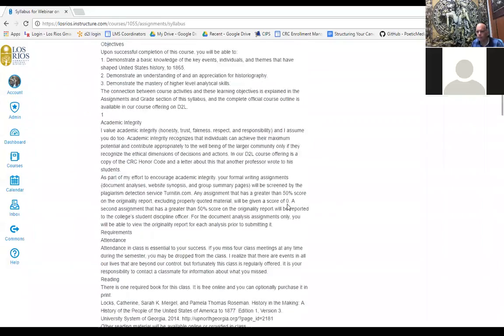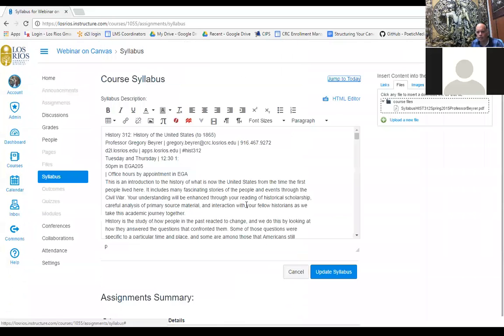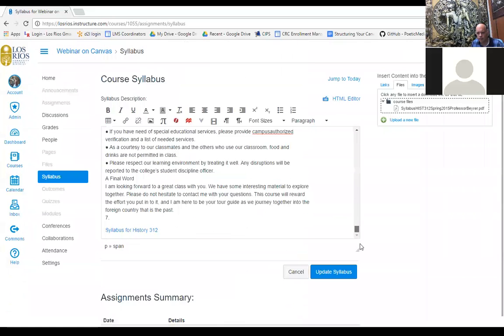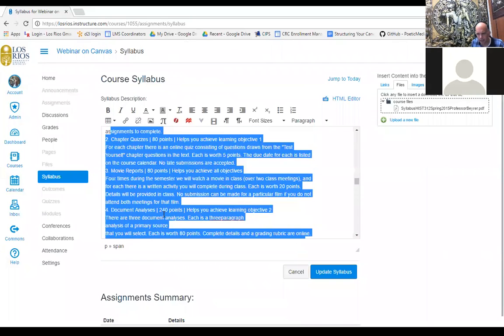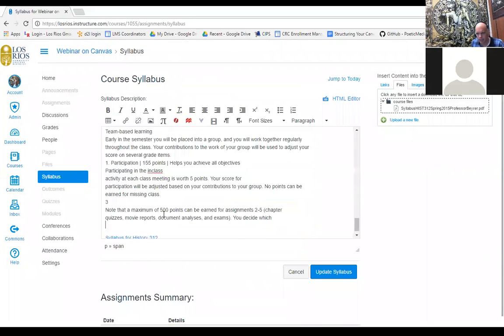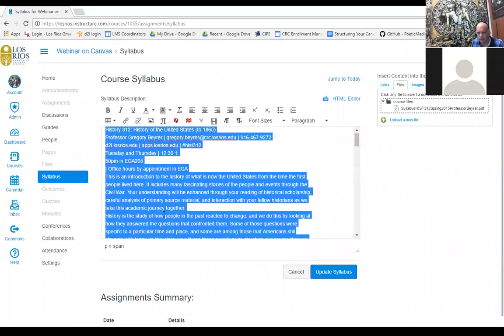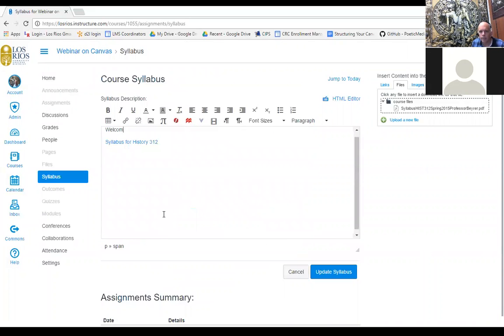So I'm going to edit. And I'm going to undo all that stuff I just did. There's no undo button here since I've already saved the change, but I can select it all and say, welcome to